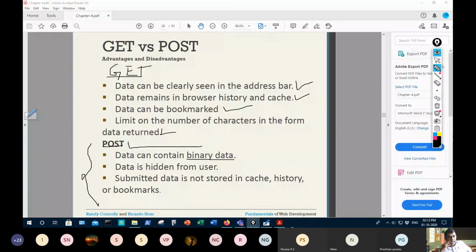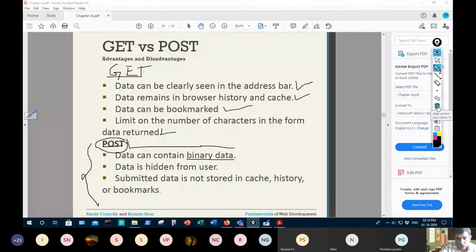At that time you can use the GET method. Otherwise, if it's a long form and the data should be confidential, where neither the browser should store it in history or cache, use the POST method. So when you design an HTML form, you should make sure that it uses the POST method instead of the GET method.